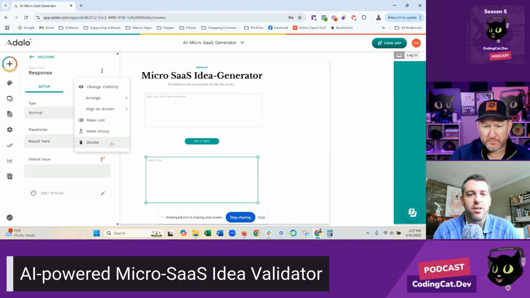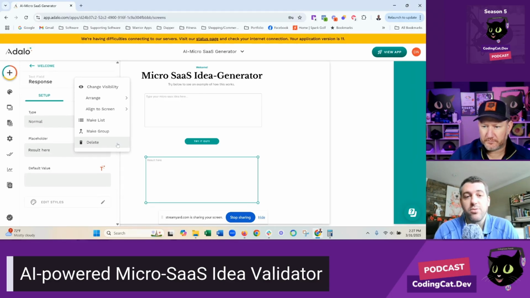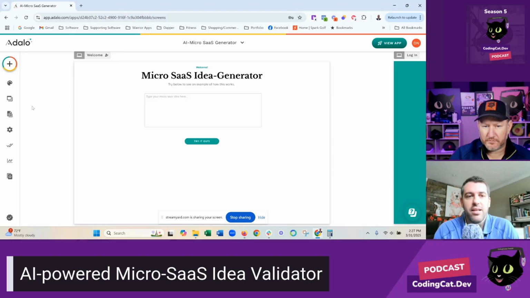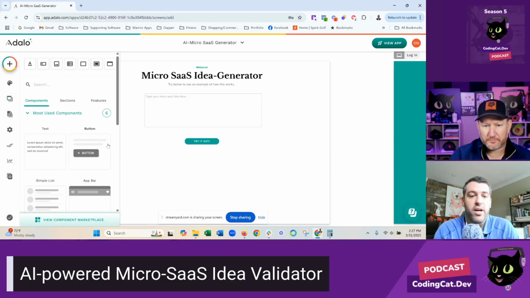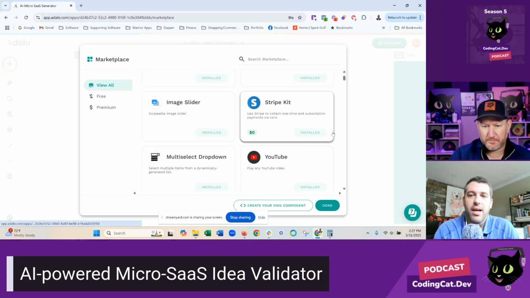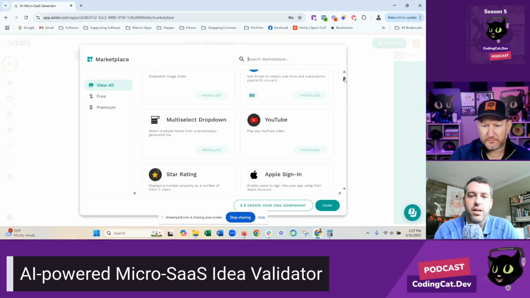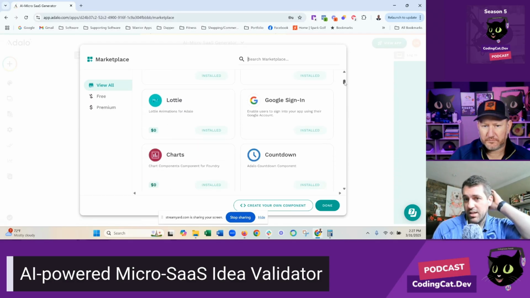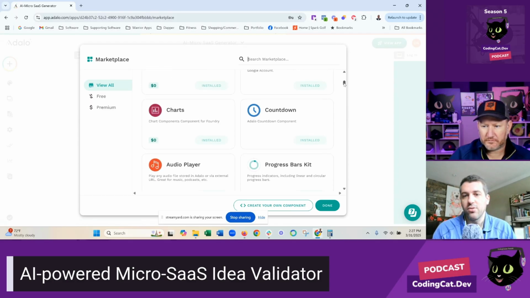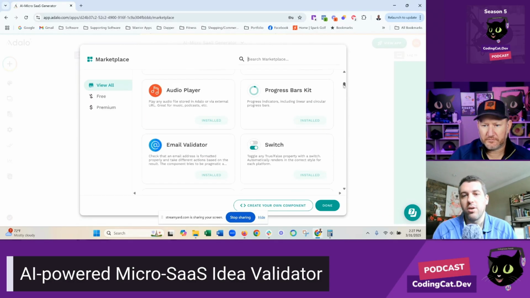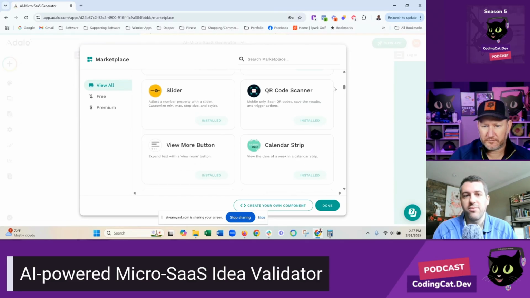So this is another cool thing with the no-code tools, and another revenue stream for actual developers out there: components. Adalo and Bubble both have what's called a component marketplace. This gives you a million different shortcuts, like Apple sign in, Google sign in, audio players, all these different things.